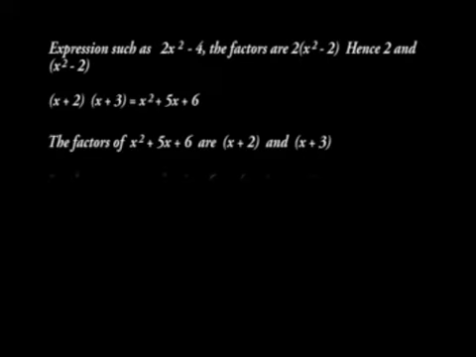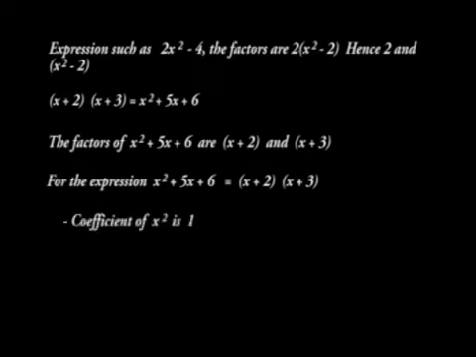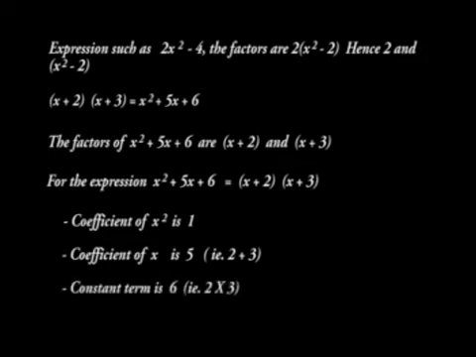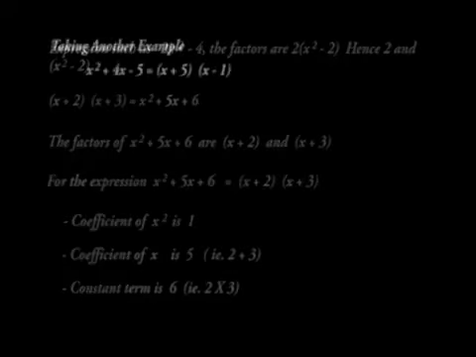For the expression x squared plus 5x plus 6 is equal to (x + 2)(x + 3), note the following. 1. Coefficient of x squared is 1. 2. Coefficient of x is 5, that is 2 plus 3. 3. The constant term is 6, that is 2 times 3. Taking another example,